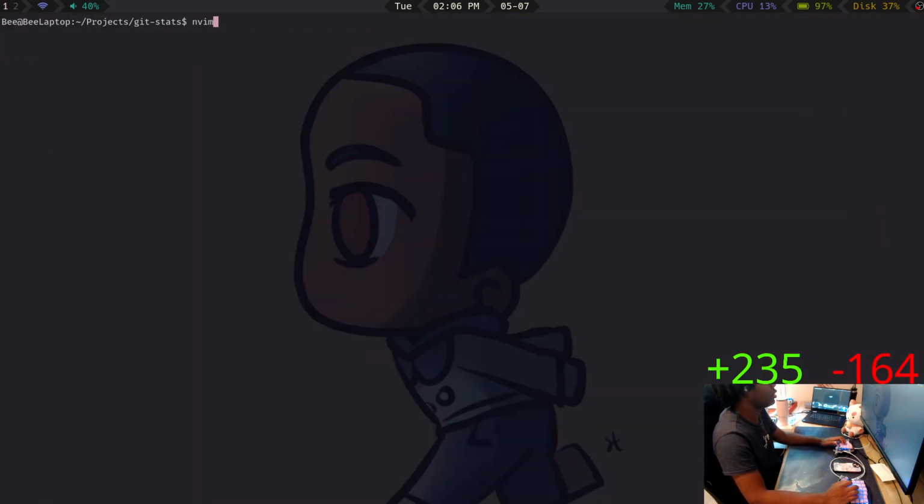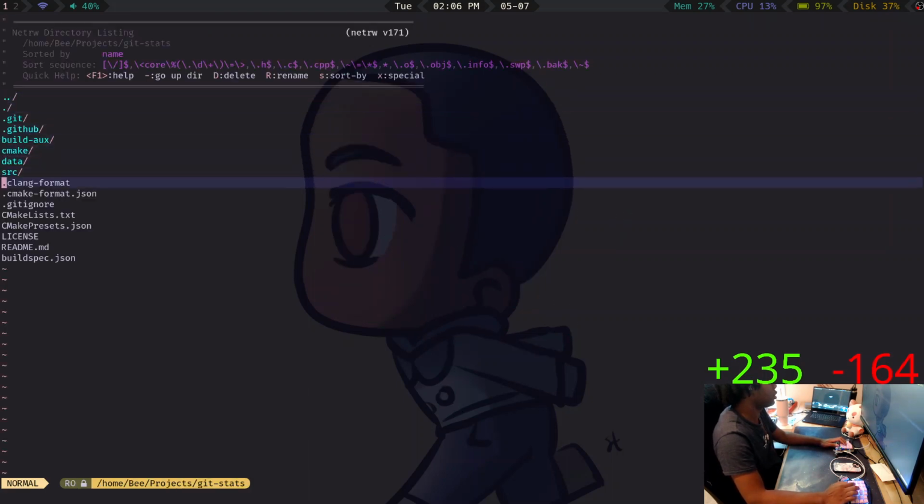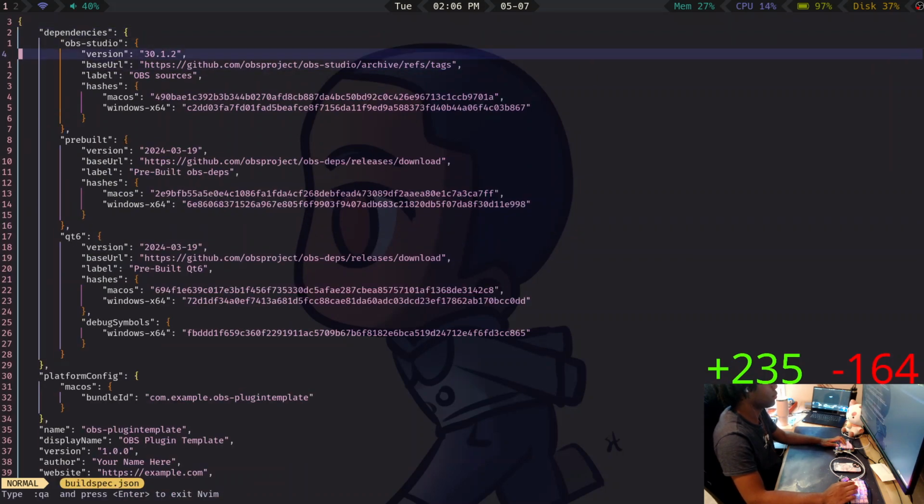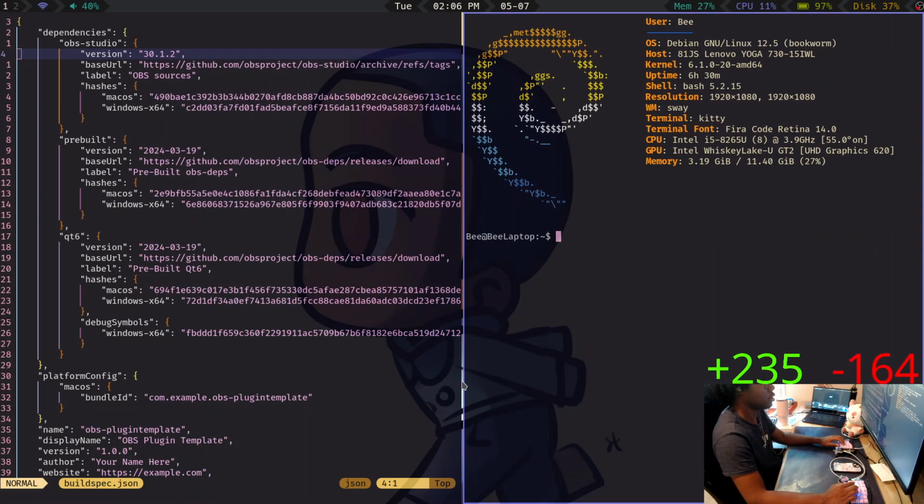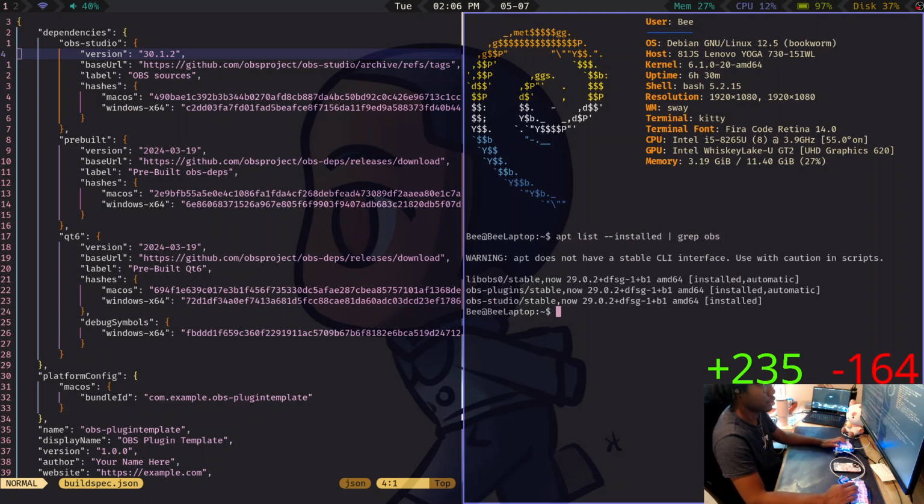So now I can come over here and build spec. What is in here? Oh, that's wrong because my OBS is not that. Get, or no, apt list installed and then grep OBS.